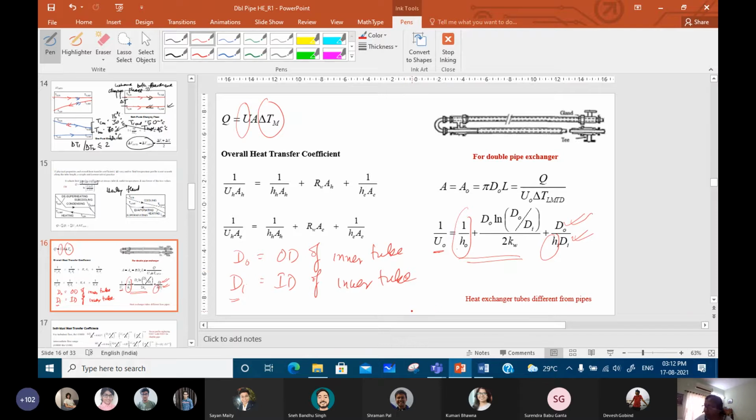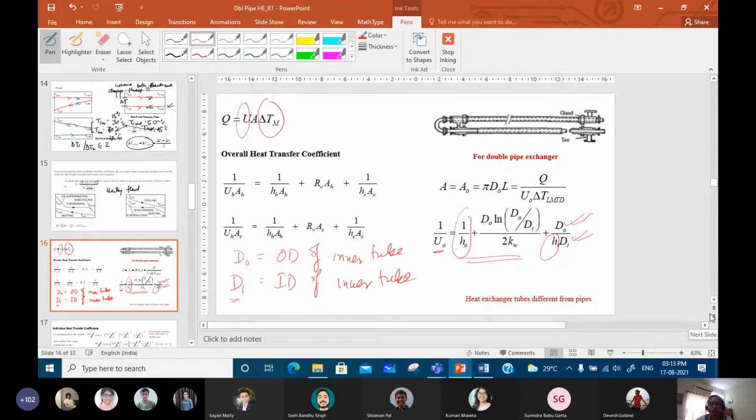One more thing I would like to mention is that when we talk about heat exchanger tubes, you have to remember that they are different from normal pipes. Because normal pipes are usually defined by a nominal diameter, which is neither their inner nor their outer diameter. And the thickness is generally referred to by the schedule number, which you may have done when you were doing your pipeline classes, maybe in the last year, that first design course that you have. For heat exchanger tubes, normally the nominal diameter is the OD of the tube, and the thickness is defined by BWG and not by the schedule number. This is something that you should remember, and this is something important.